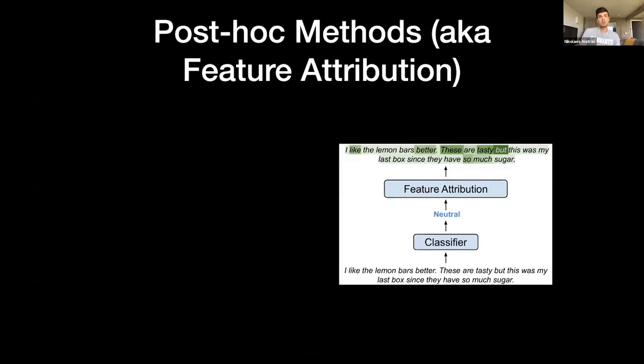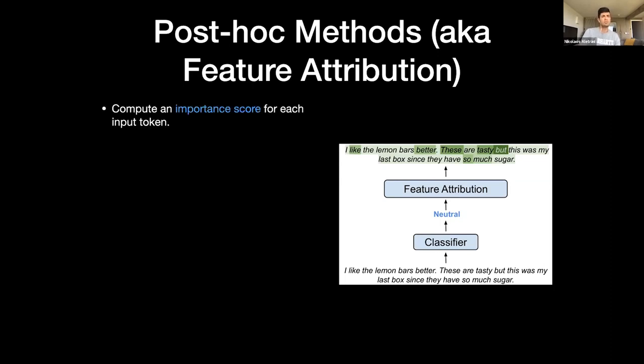So there are two very popular approaches for extracting rationales. One is called post hoc explanation methods, or feature attributions, as you can find them in the literature. The idea here is that you train a classifier on your task, and then after the training, and after the prediction, you apply a feature attribution method to identify which parts of the input are the most important for the classifier to make a particular prediction.